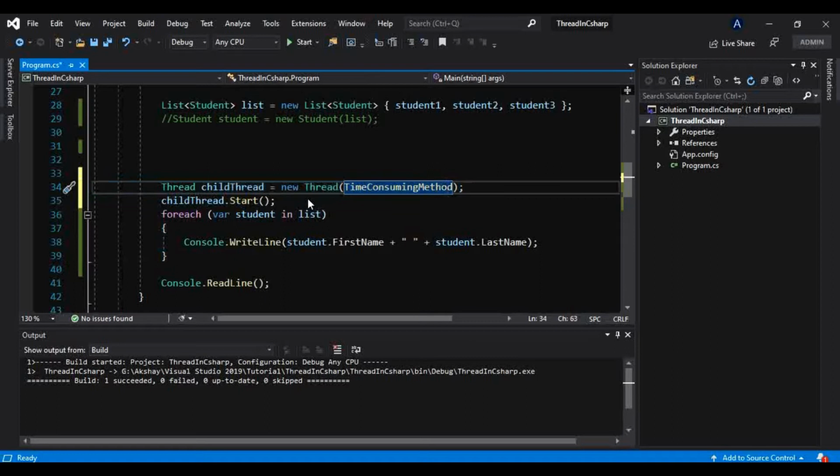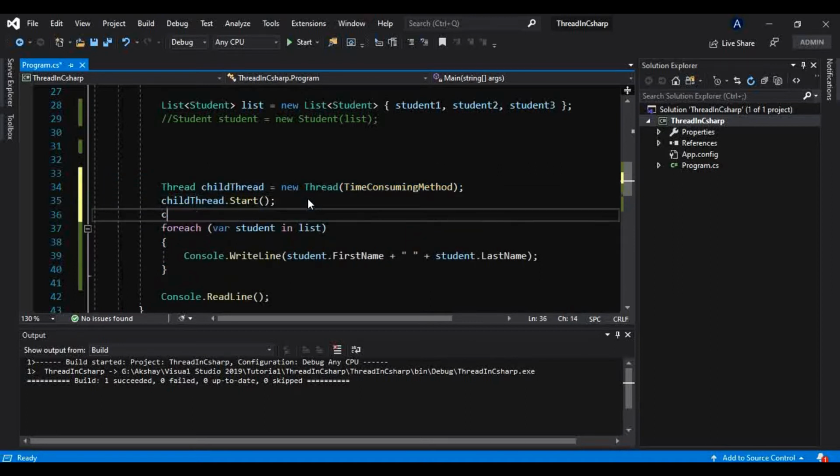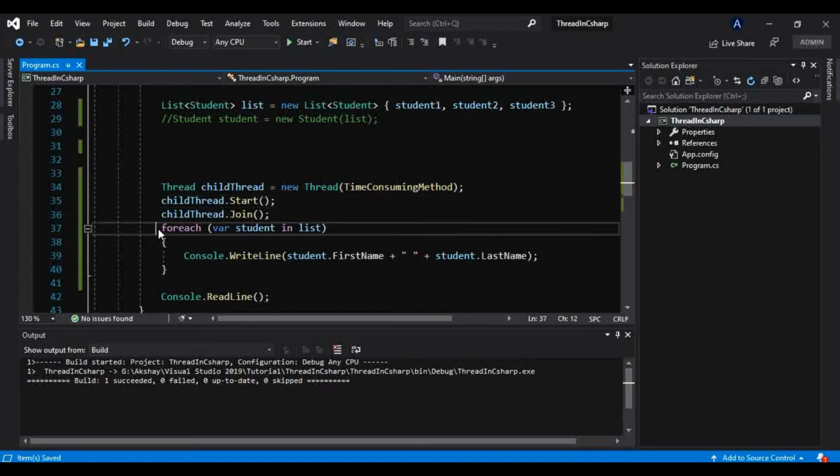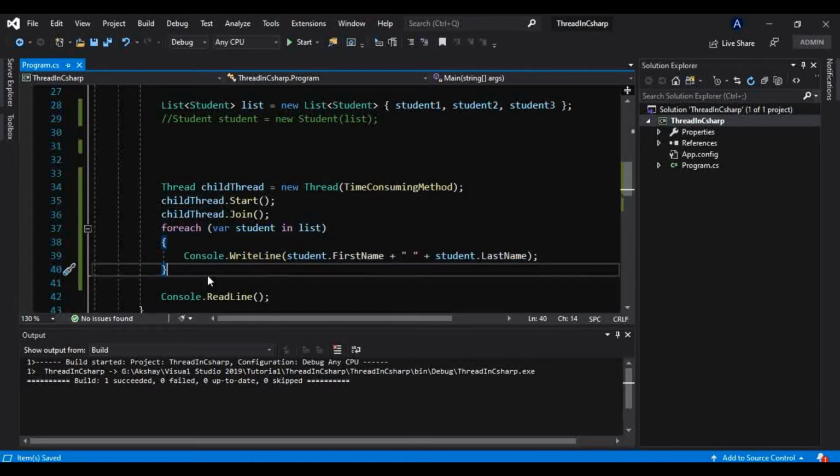And how can we do that? By using the join method: child thread dot join. Now the main thread will wait until this child thread completes its execution, and only after that will the main thread execute this code that prints the list. Let's see that.